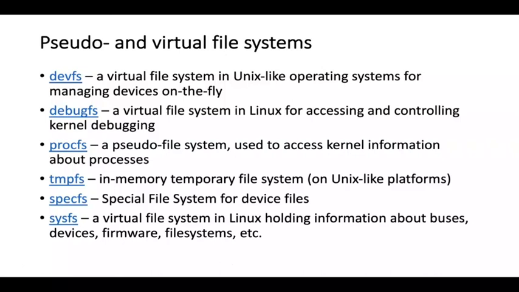Debugfs is a virtual file system in Linux for accessing and controlling kernel debugging. Procfs is a pseudo file system used to access kernel information about processes. Tmpfs is an in-memory temporary file system on Unix-like platforms. Devfs is a special file system for device files. And sysfs is a virtual file system in Linux holding information about buses, drivers, firmware, or file